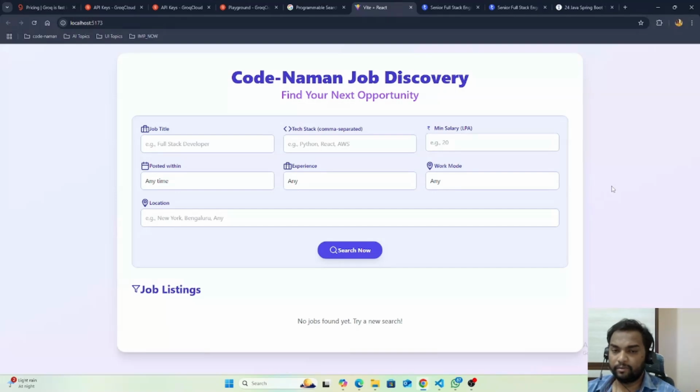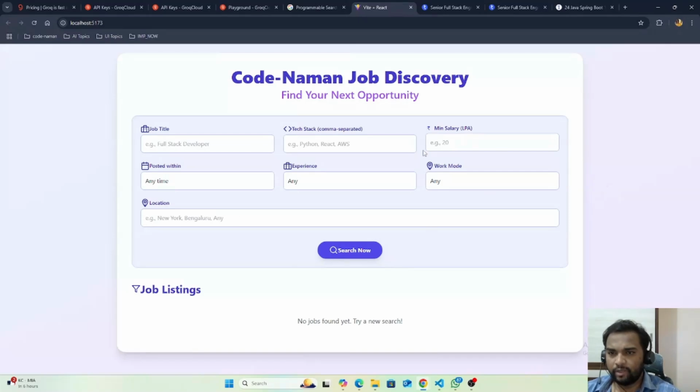Before that I will give you one example. Suppose you are looking for some job role. So what you will do, you will go to Naukri.com or Indeed.com and you will pass your parameters or filters like job title or tech stack, salary expectation, when it got posted, experience, work mode, or location.